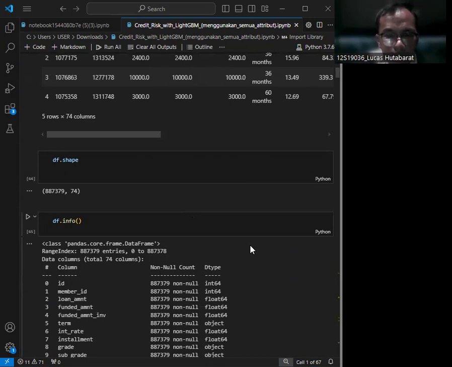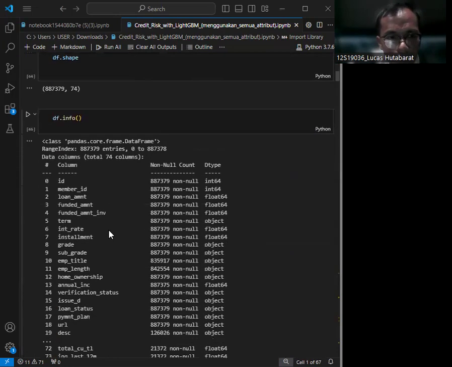This gives us an idea of the number of rows and columns. And then we inspect the data frame info. This method provides a concise summary of the data frame. It shows the data types of each column and the presence of any missing values.